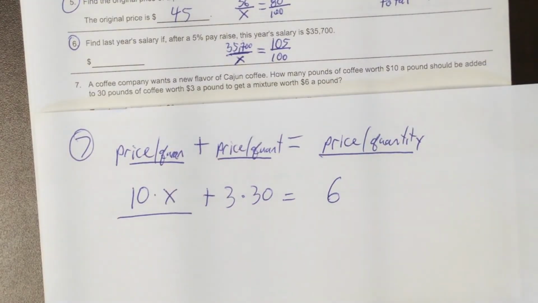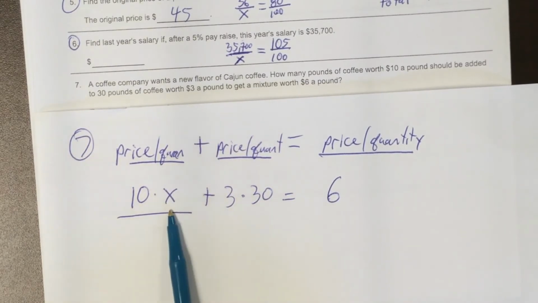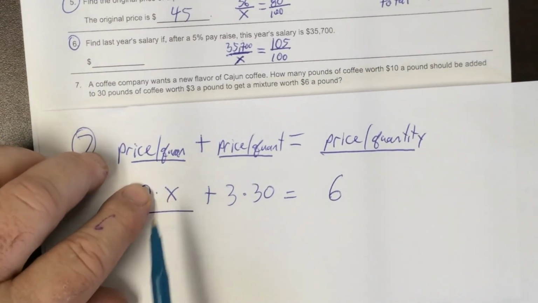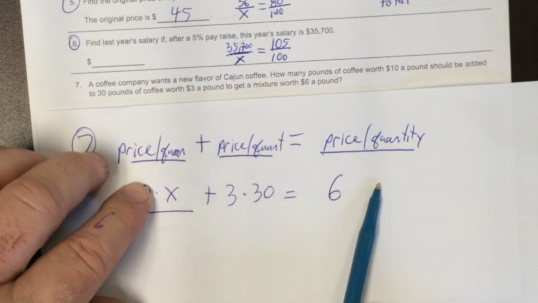Okay, so this is the part that's a little tricky. We know this first quantity is going to be 30. We know this quantity is going to be X. Suppose this were, let's say, 5. If this were 5 pounds and this were 30 pounds, the mixture would be 35 pounds, at least the quantity